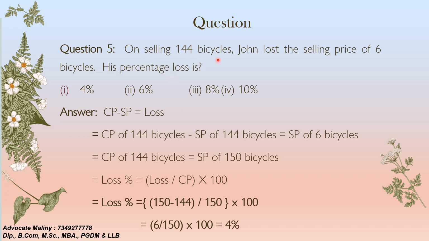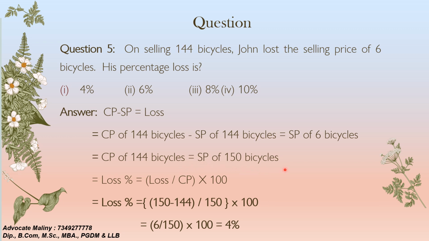This is the next question. On selling 144 bicycles, John lost the selling price of 6 bicycles. What is his percentage loss? This is a little complicated one. So CP minus SP is equal to loss. CP of 144 bicycles minus SP of 144 bicycles is equal to SP of 6 bicycles. So CP of 144 bicycles is equal to, we are moving this here, so 144 plus 6 becomes 150,